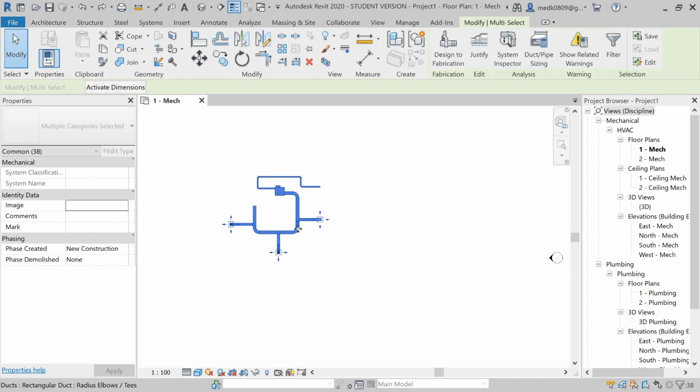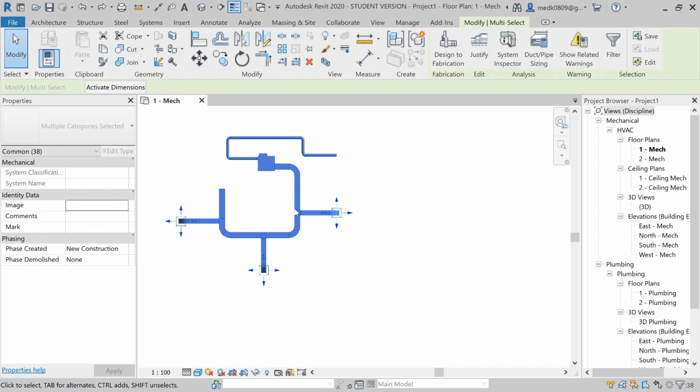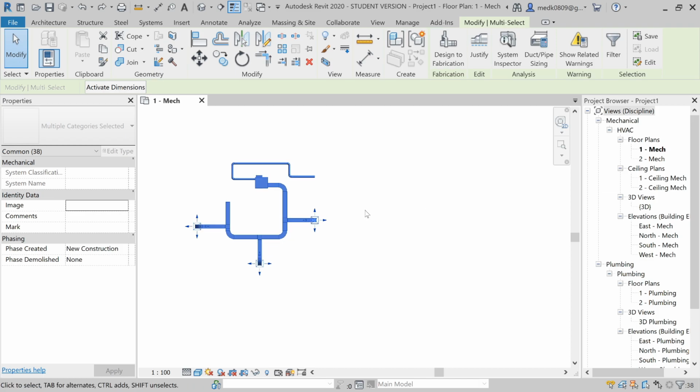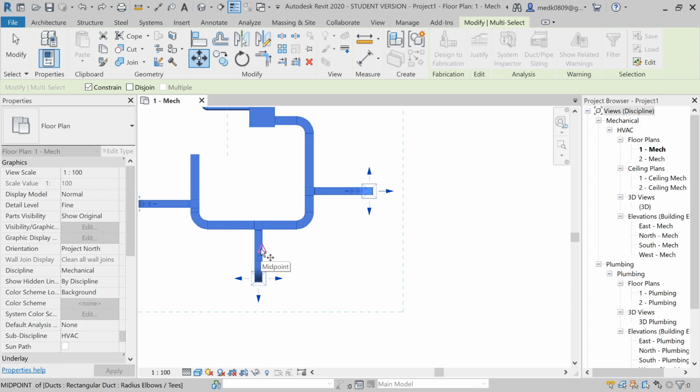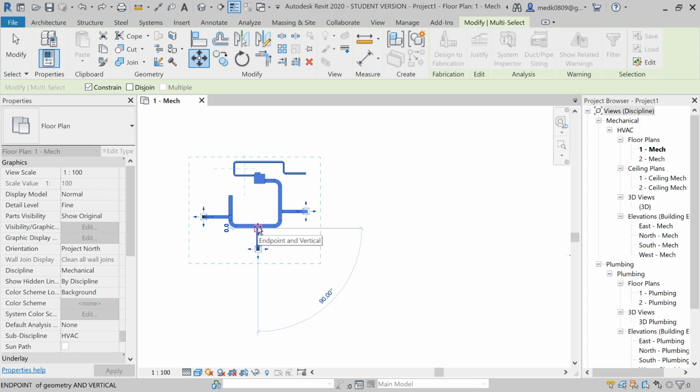Let's suppose if I want to move this circuit from this position to different. Okay, so I've selected this circuit, then I'll go to Modify tab. In the Modify tab I can see move command over here. Select this move command. Now I need to specify a base point or the pickup point. Let's say this end point will be my pickup point. Now I can drag and drop it anywhere.